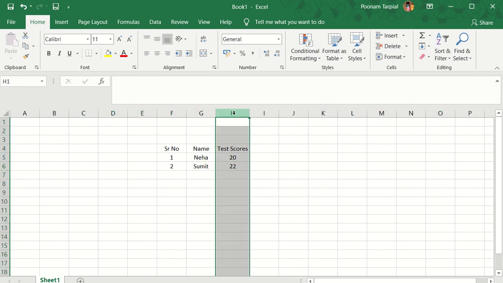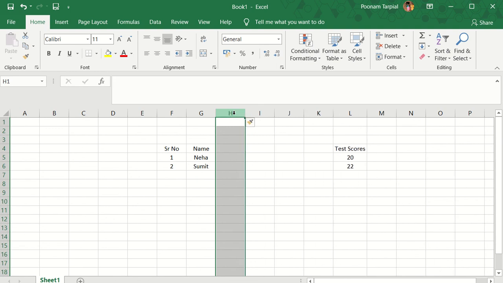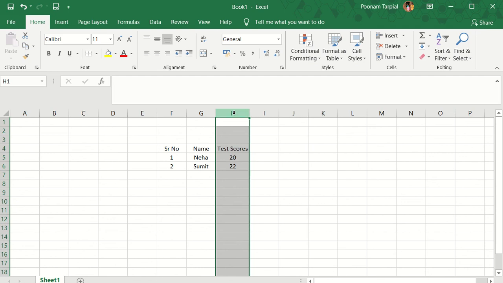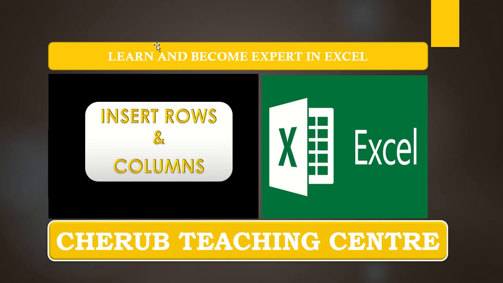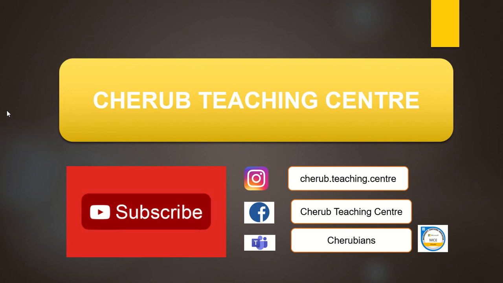If you want to add multiple columns also, again press and hold the control button from the keyboard, and then you can keep on hitting the plus button, and you may automatically keep on adding columns into your specific data Excel sheet. So this was all about how you can insert a row or a column, whether it is a single row or you're intending to add multiple rows or columns.